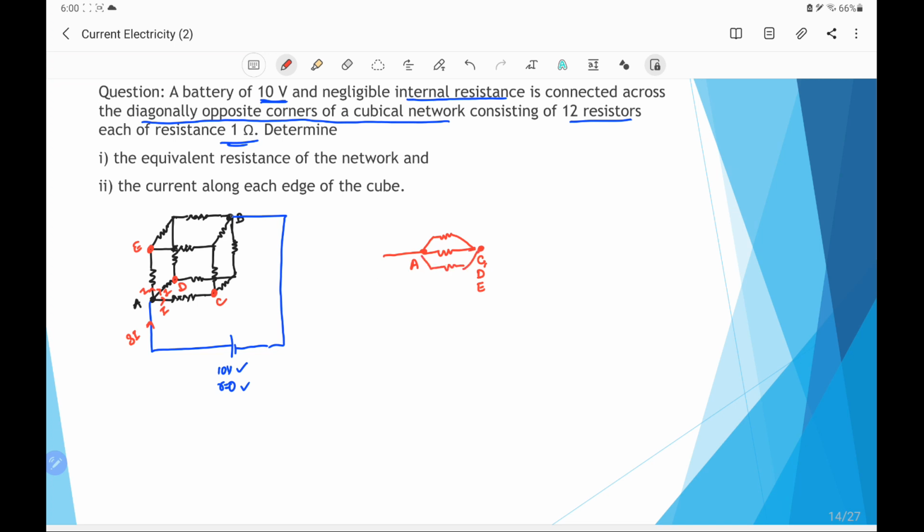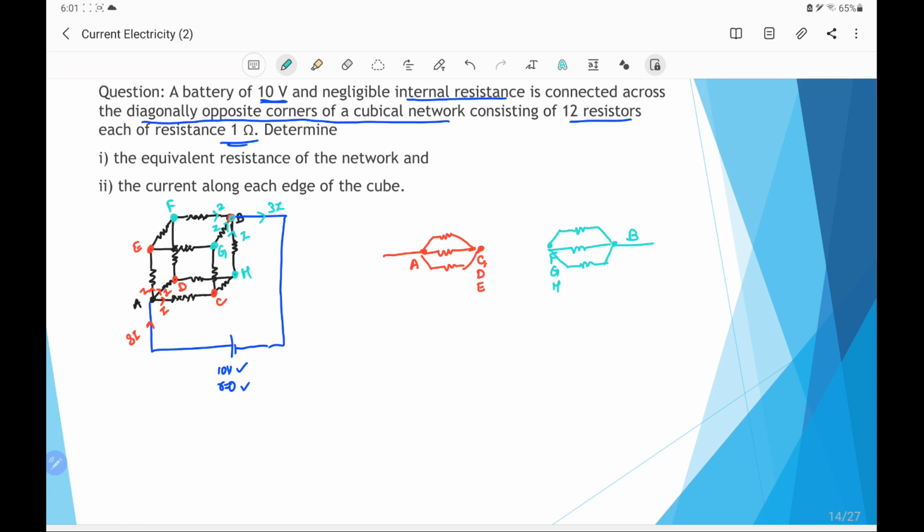Similarly, if we check B, a current of 3I is outgoing, and it has 3 currents of value I each, coming from 3 terminals. Say this terminal is F, another is G, and another is H. So we can say terminals F, G, H are also at the same potential. Therefore, there are 3 resistors in parallel between these terminals and the B terminal, and each of the resistance is R.